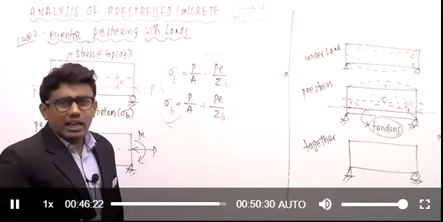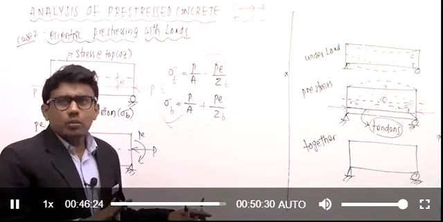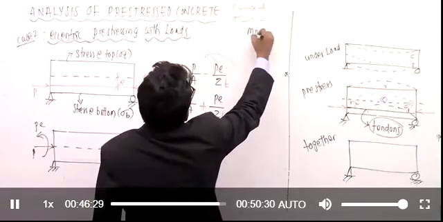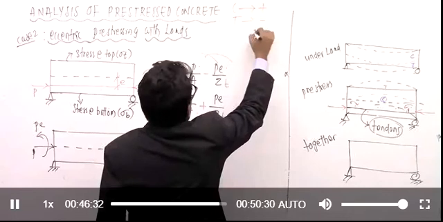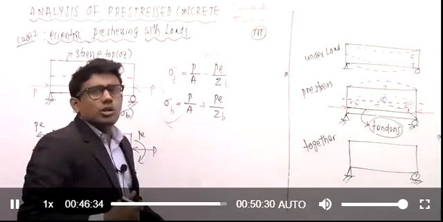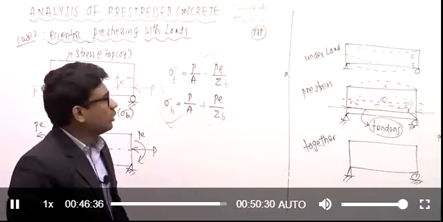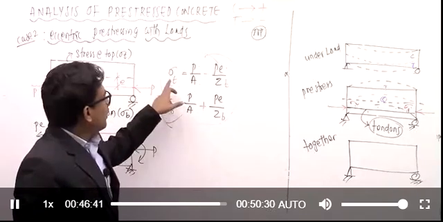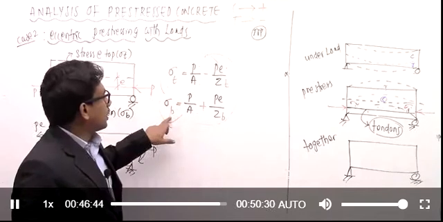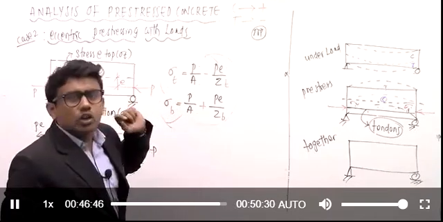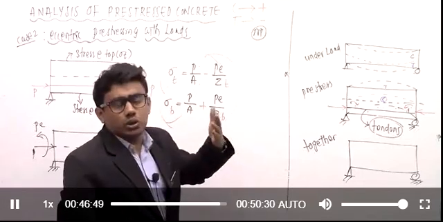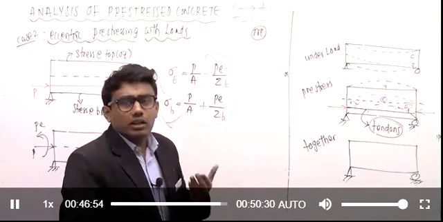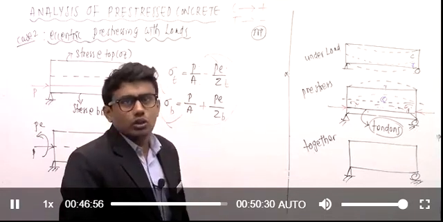Due to dead load and live load, there will be bending moment, right? Dead load bending moment and live load bending moment. I am going to consider the dead load bending moment as MD, the live load bending moment as ML, and the total bending moment as M. Due to bending moment from external load also, there will be stresses in the beam, right? What will be the stress at the top fiber or bottom fiber due to bending moment occurring due to loads?